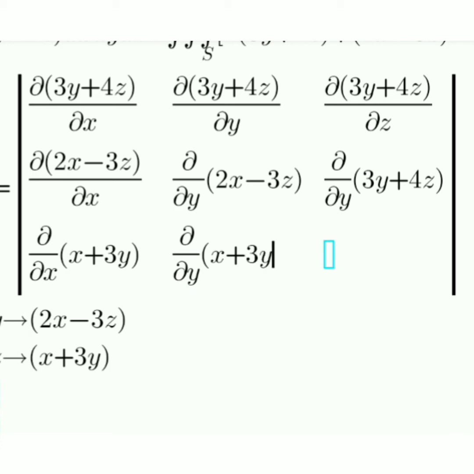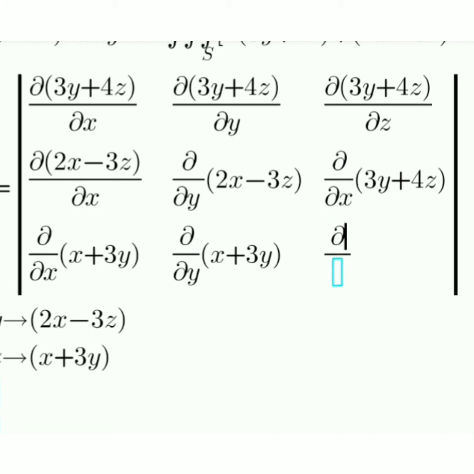x plus 3y, friends, and it can be written here also, the variable also changes, del z into x plus 3y. This is the main thing, friends. I hope you now understand how I can find the Jacobian. And after that, friends, whatever I have to do,